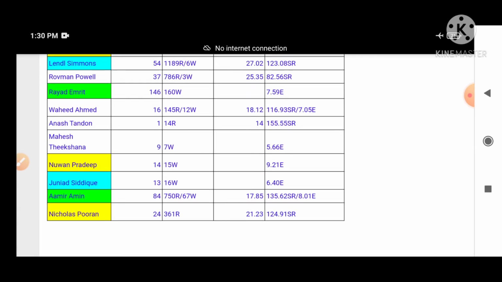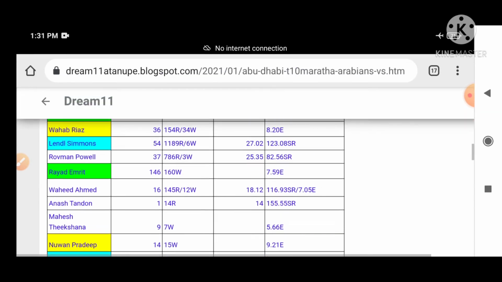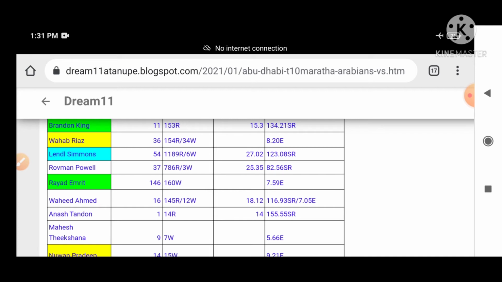But you have to understand, if the opening order plays the total runs, then Nicholas Pooran is useless. So all players are taking Nicholas Pooran, many of you making him captain also. But you have to understand, they have a good bowling side like Junior Siddiqui, Nuwan Pradeep, Riyad Emrid. So if the bowlers work and the opponent team just scores 60 to 70 runs, then there is no chance of getting batting from Nicholas Pooran. So you have to understand that logic also.